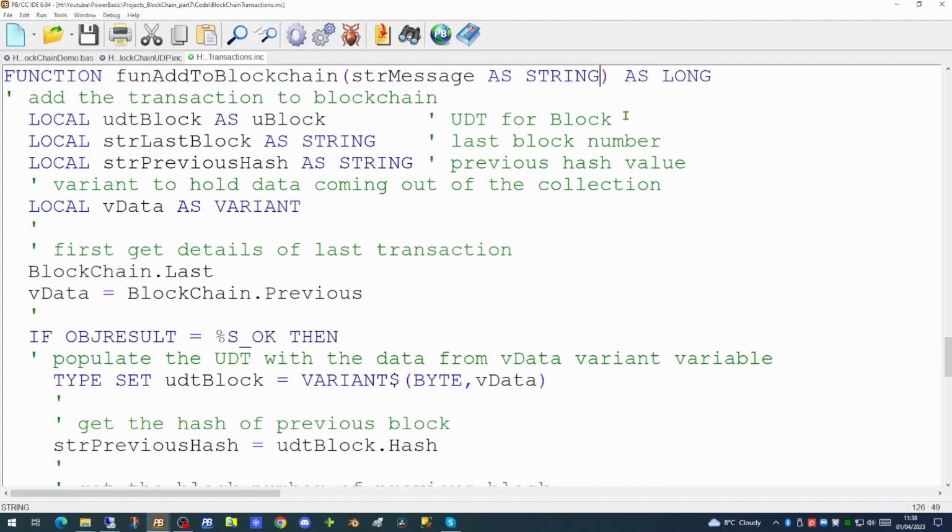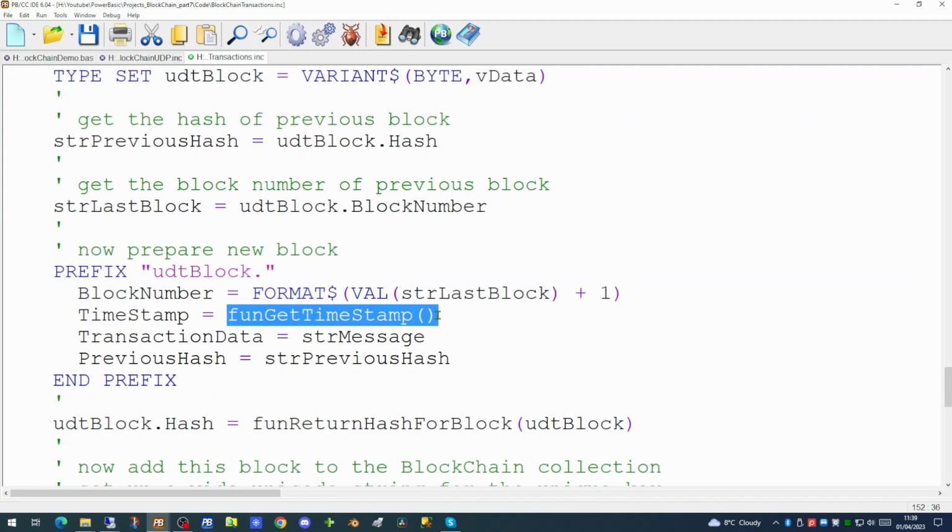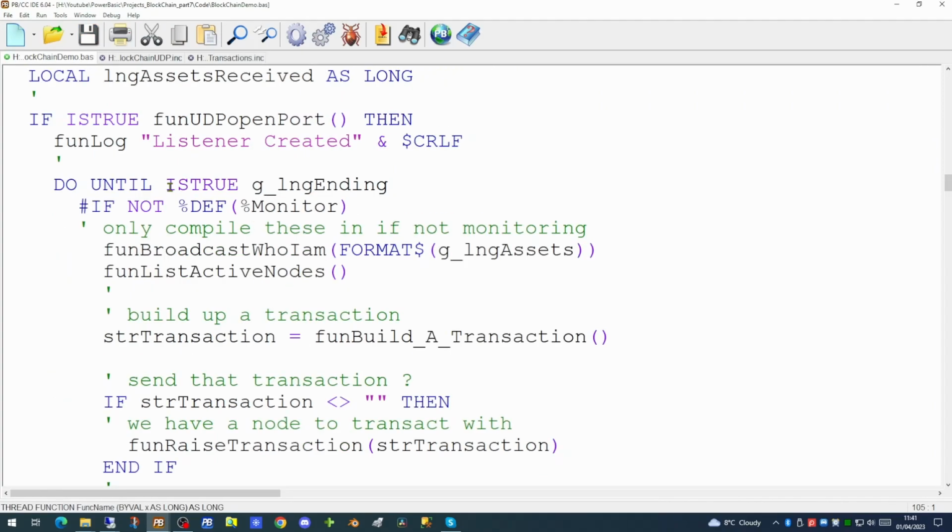Additionally, we'll need to add this parameter to our add to blockchain function, the timestamp. And further down the code where we actually populate the timestamp within the block, we're no longer going to call the get timestamp function. We're going to take what's been passed in the command line. This will synchronize all our timestamps. So now that we're actually populating the blockchain from the incoming message, we need to generate the timestamp at the